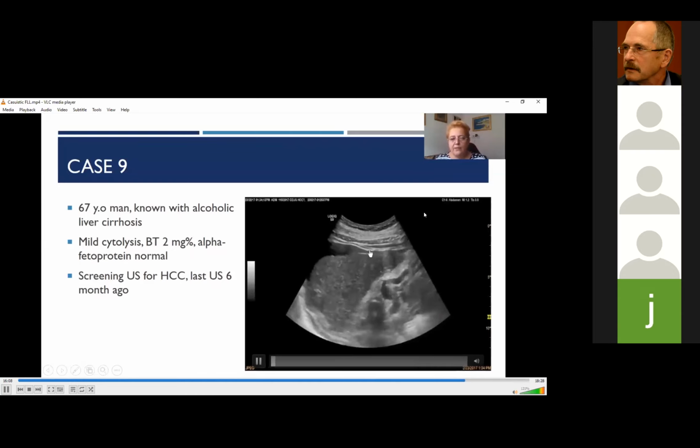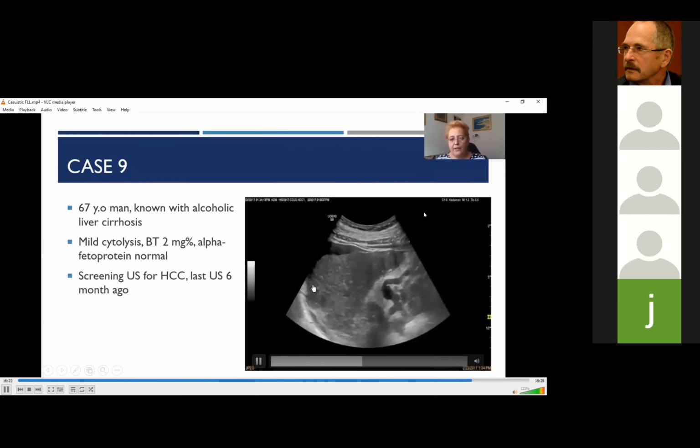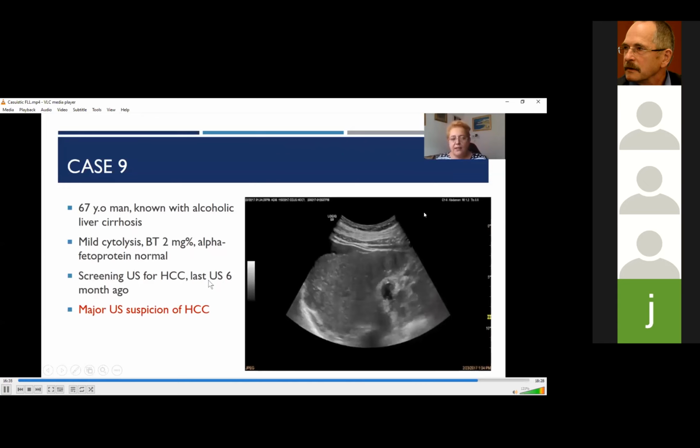And when you examine the liver, you can notice the presence of ascites, the irregular surface of the liver confirming the diagnosis of cirrhosis. And also you can see these 2 small lesions, one here and one here. They are small, less than 2 centimeters. And considering the history of the patient, there was a major ultrasound suspicion of hepatocellular carcinoma, which was confirmed by